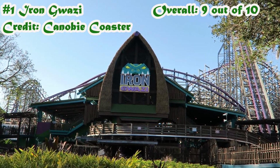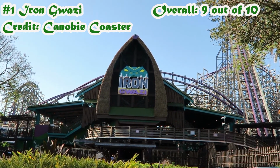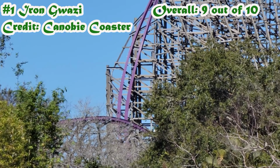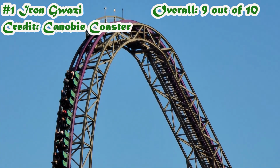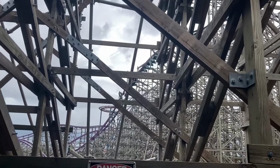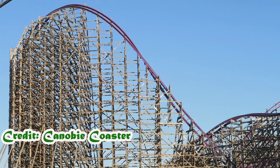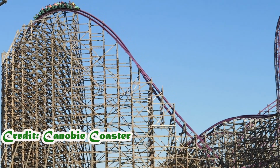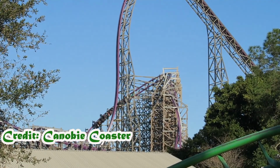Number 1, Iron Gwazi. Overall, 9. Built to be one of the best roller coasters in the world, I don't share a total love for Iron Gwazi. The large RMC elements are about as expected and are nice, but not my favorite elements on an RMC hybrid coaster. The ejector airtime on this coaster is rough,